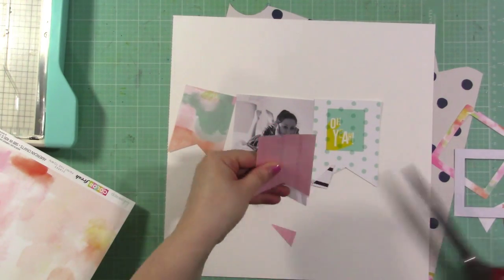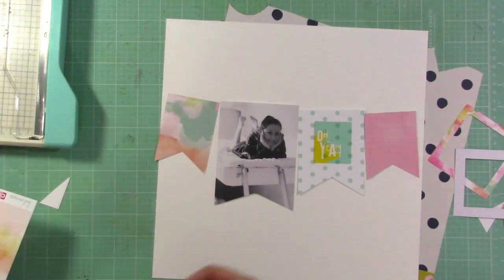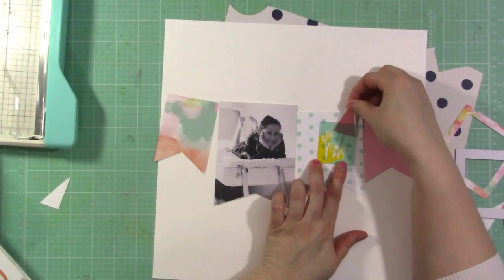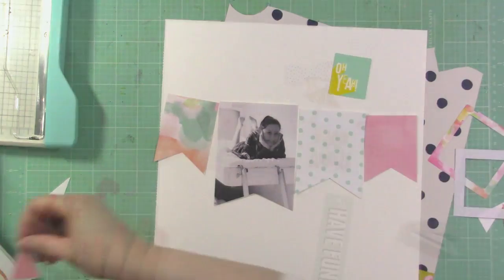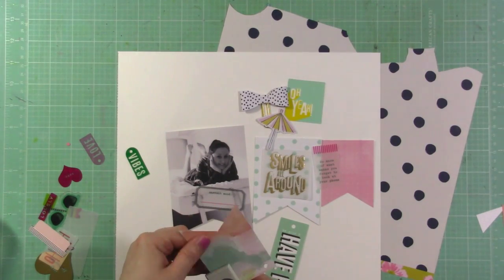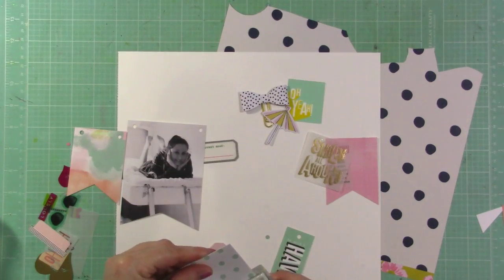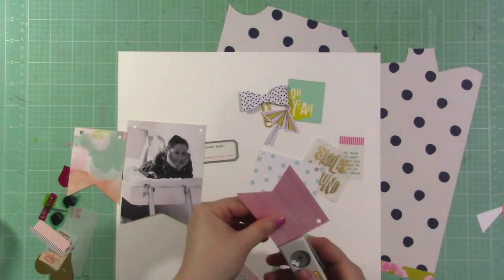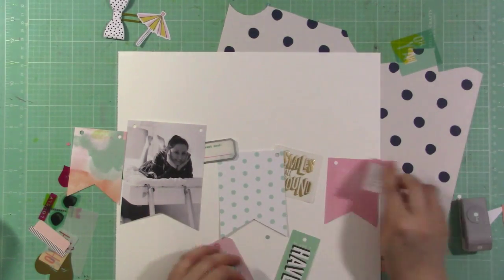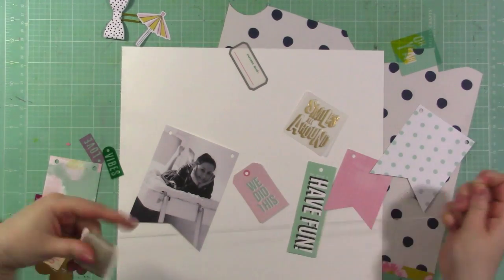So I did cut into that gorgeous Color Fresh paper. I have two of them, so I was okay doing it, and I made a banner shape out of that. The polka dots did come from a card, as you probably saw, and then the pink was a scrap from another paper. So I pulled out a bunch of stuff from the Heidi Swap, and the die cut pack that came in the Pocket Life kit as well,